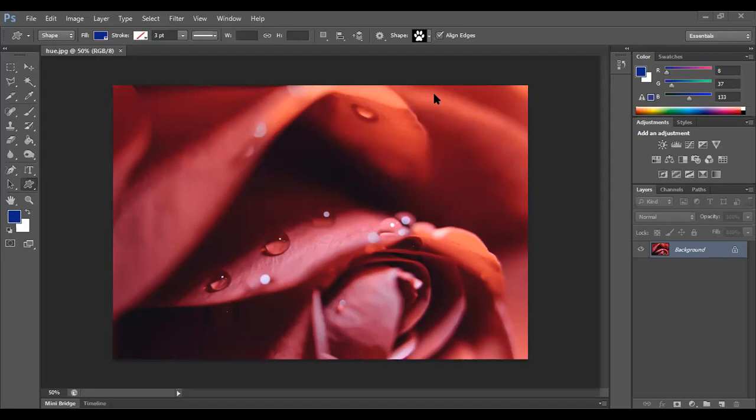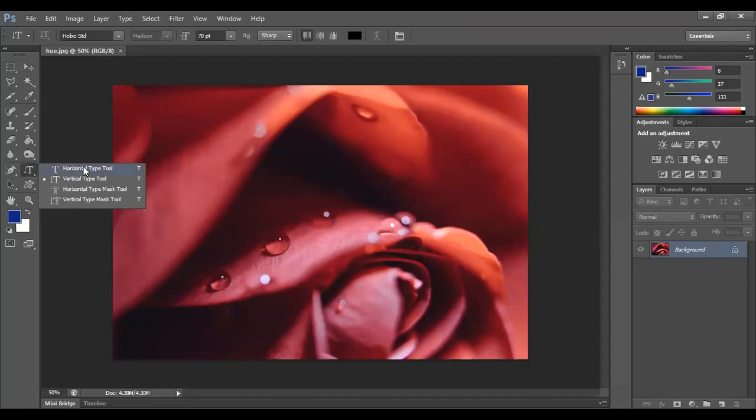Okay, so today what we'll be doing is we'll be looking at a little bit of fonts and layer effects, layer styles. So very firstly, how do you go about with fonts? Go to the type tool, the text tool. This is the place where you type your text. Make sure that while you are selecting your text up here, you select the normal version, that is the horizontal type tool.